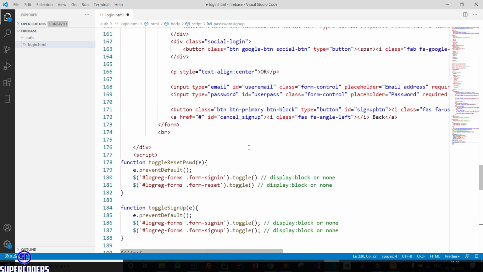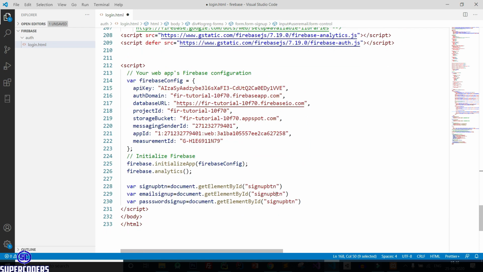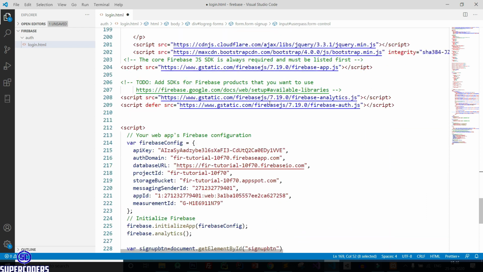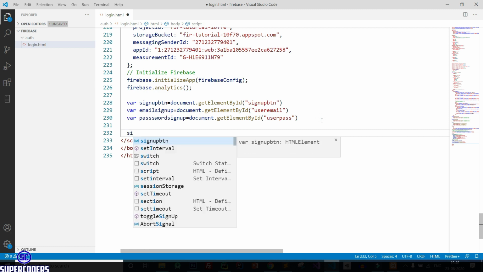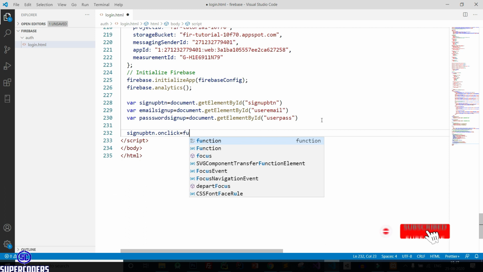Let's see. Copy this id of email, paste here, then copy this password, paste here. After that, sign up button dot on click equal to function.